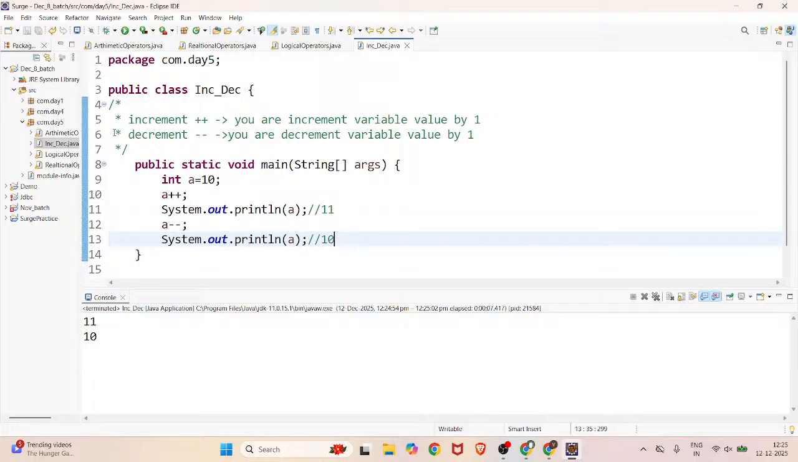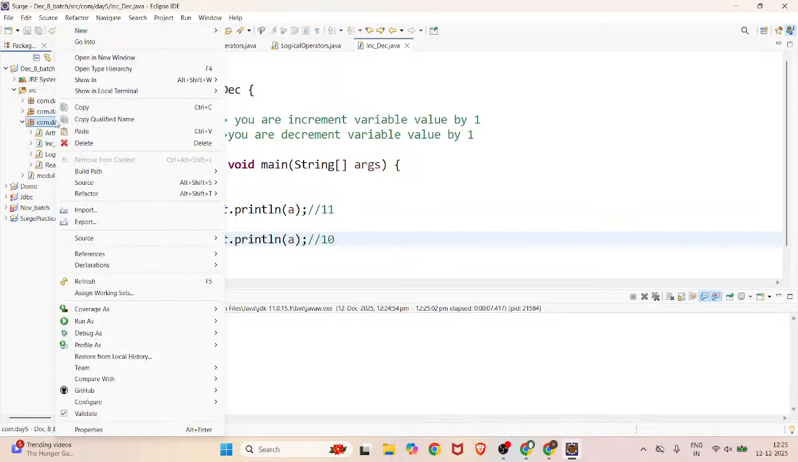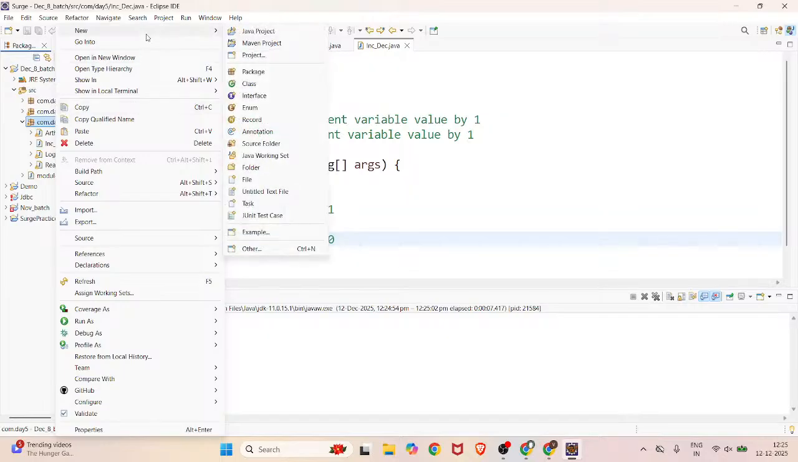Next, we'll go with the bitwise. In Java there are no pre-increment and post-increment. In C there is a pre-increment and post-increment concept, but in Java there is no pre-increment, only the post-increment is available. Okay, right? And next we'll move to the